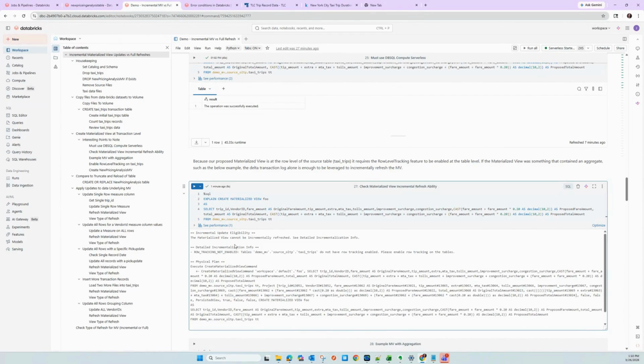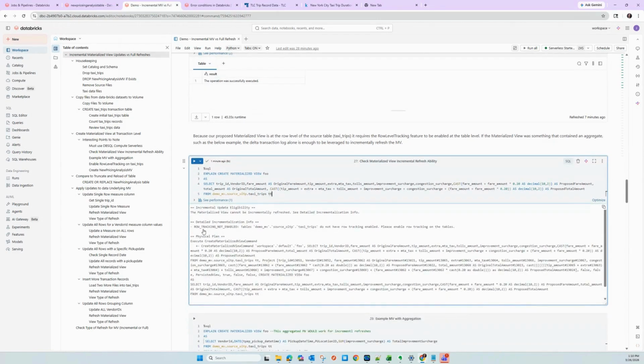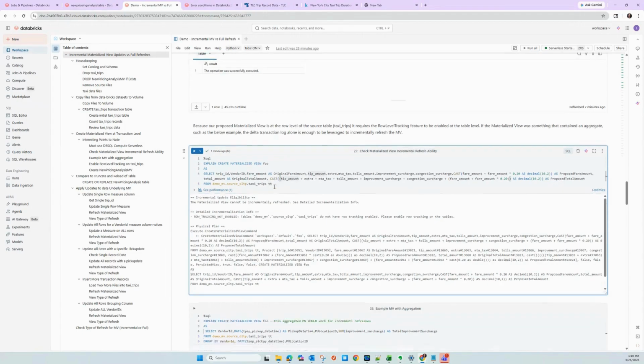So what this is saying is that because of the type of query that this is, in this case, because it is not aggregated, it is just a one-for-one reading and calculation from this taxi trips table, unless we enable this other feature, which is row tracking, on the taxi trips table, we will never see the benefits of an incremental refresh. It will only do a full refresh each time. Now,